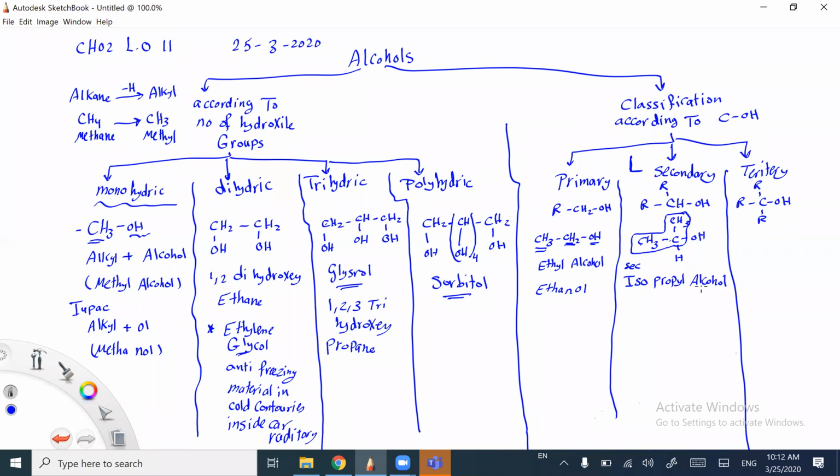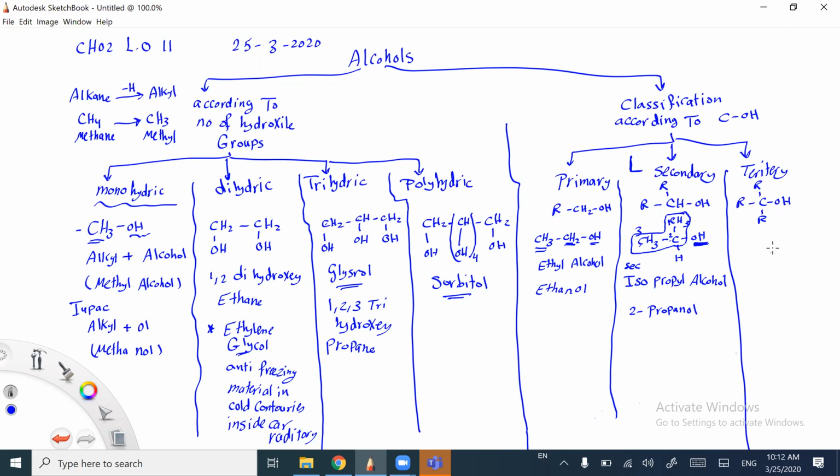But according to the IUPAC system, firstly, we give numbers to the carbon atoms, 1, 2, 3. And at atom number 2, we find the functional group for alcohol. So it will be 2-propanol. We give the number for the atom from the side near the functional group. When we start numbering the atoms, we number from the side that is near the functional group, which is OH.